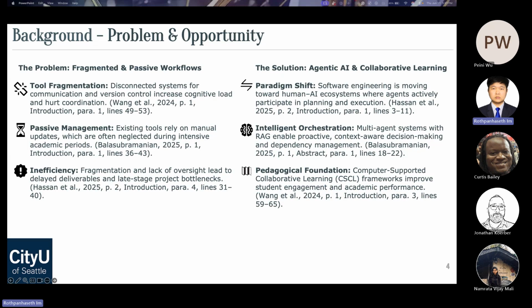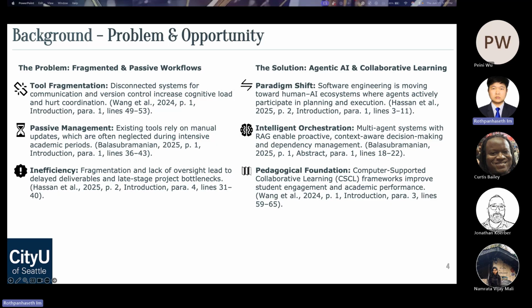The opportunity emerged from the convergence of three developments. First, agentic systems are becoming capable of proactive decision support. Second, RAG allows systems to retrieve contextually relevant knowledge rather than rely solely on static information.